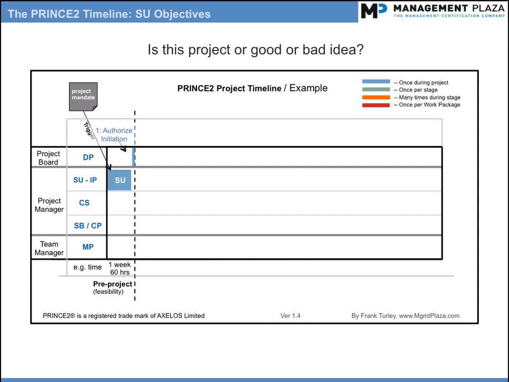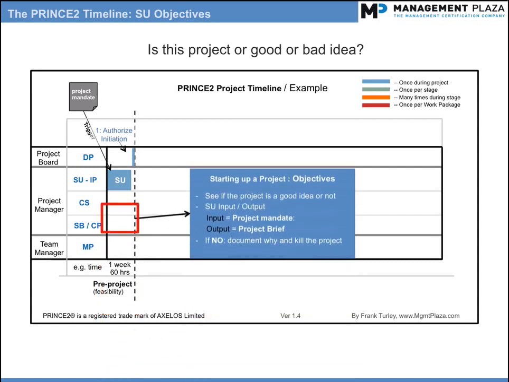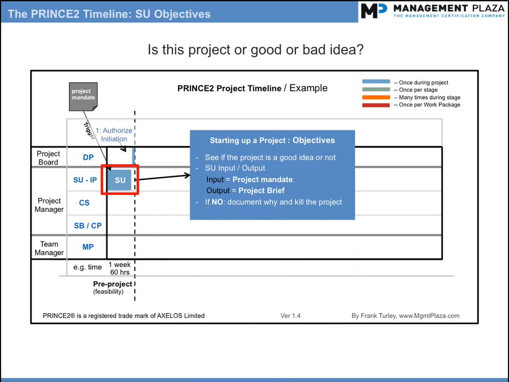Topic: starting up a project objectives. This SU process can also be referred to as the pre-project process. The main objectives of this process is to check if the idea is good from a strategic point of view. Companies can have many ideas for projects, and it's good to have a system to detect low-value projects and only allow good projects to continue. We document our findings into a document called the project brief. Therefore, the input for this starting up a project process is the project mandate document, and the main output is